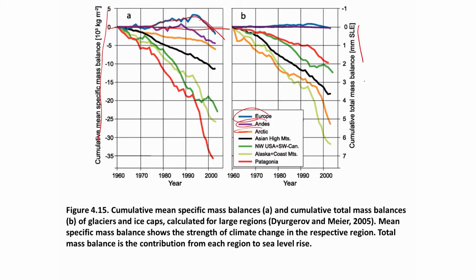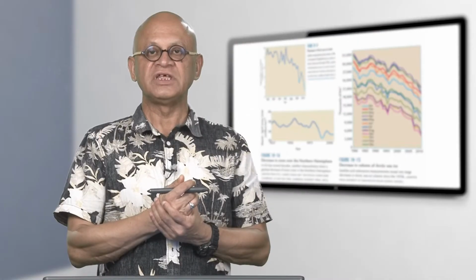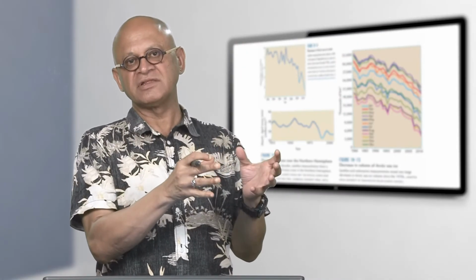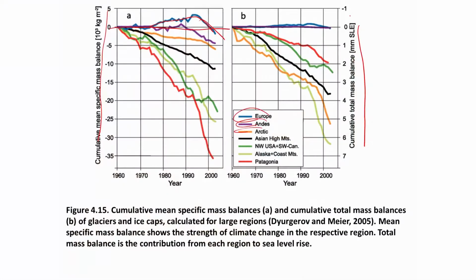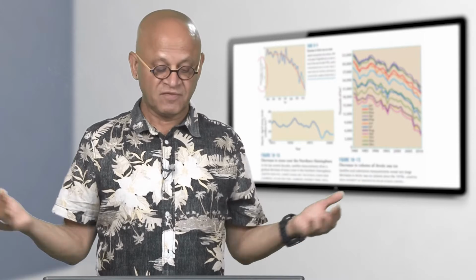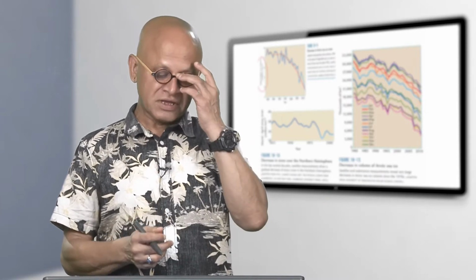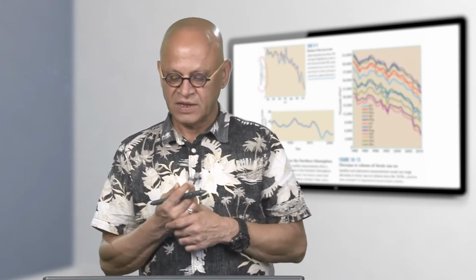Or you can also look at it as their contribution to sea level. Remember, any glacier that's on land, when it melts, that's the water that's going to be released to the ocean and the sea level can rise. So you can see that this scale is going down. So just to make it look similar, the contribution in millimeters of sea level equivalent by the melting of the glaciers is also increasing correspondingly. Obviously this one looks different here than here because it depends on how big it is. So if it is a big glacier that's melting and releasing lots of water,